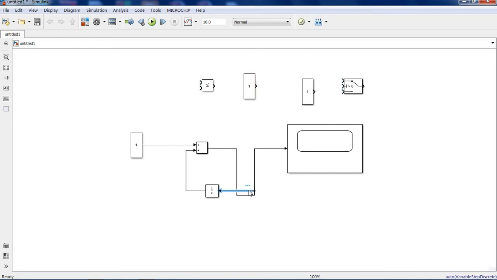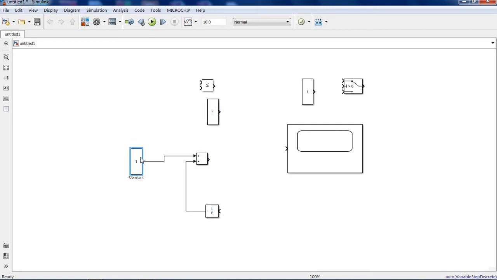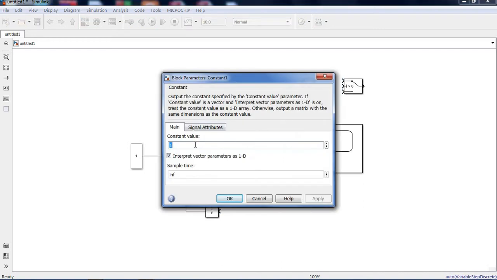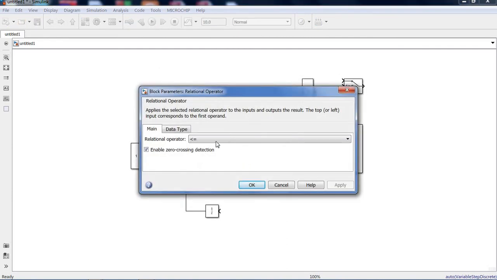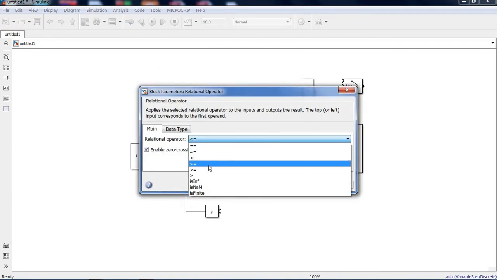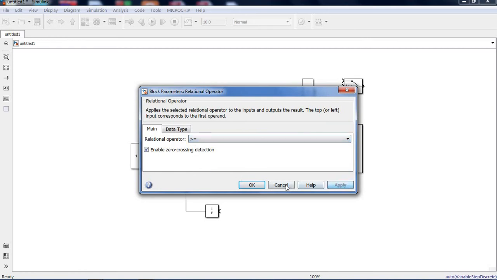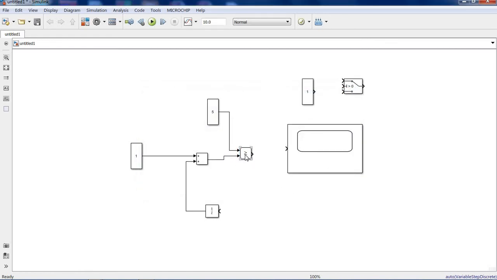I will remove this logic and put this here. This is the relational operator block. Once this value reaches 5, I will put here greater than or equal to. Okay, apply.